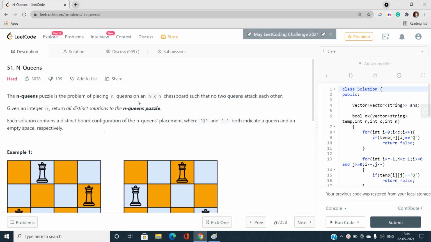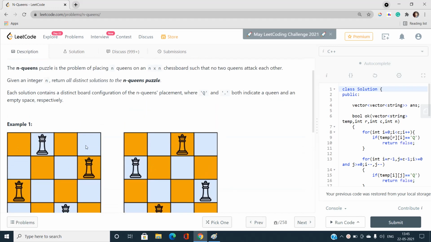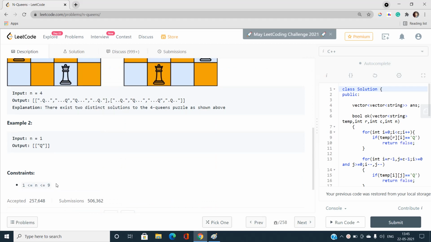Okay, so focusing on this problem, it is actually a standard problem of backtracking, and the reason is quite simple. If you look over the constraints, you can easily get that n is going to be very small. Then you can think of an exponential time, but not much time. If n is very small, try to focus on solutions like brute force or backtracking. And since this is a standard problem of N Queens, you must have heard about it. So without wasting our time, let's discuss this problem directly,